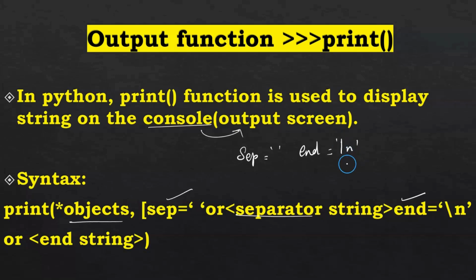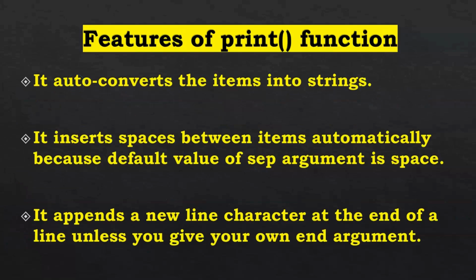So this \n is called a new line character. The sep argument is for separating the values in between. The specific features of a print function: it auto converts the items to strings. So, whatever items we are giving inside the print function,